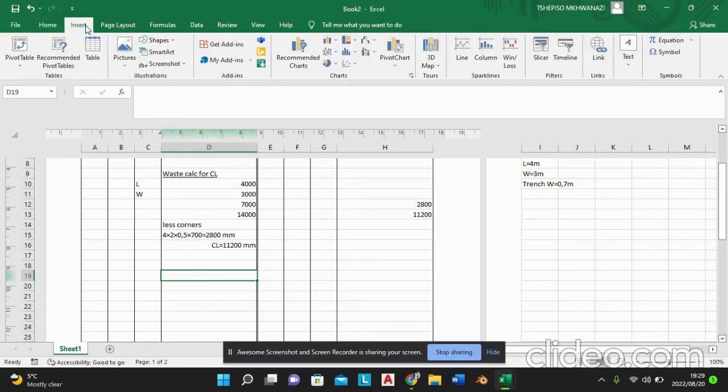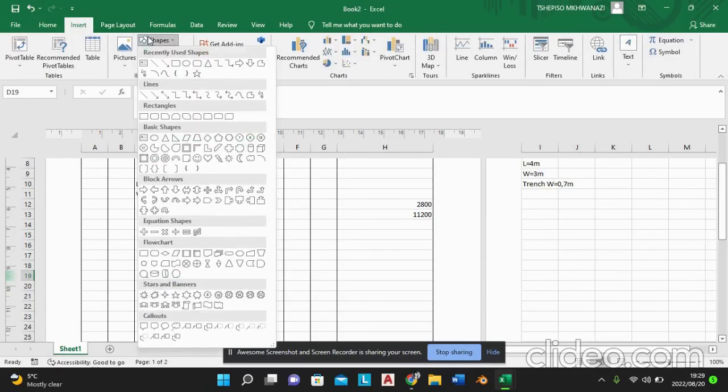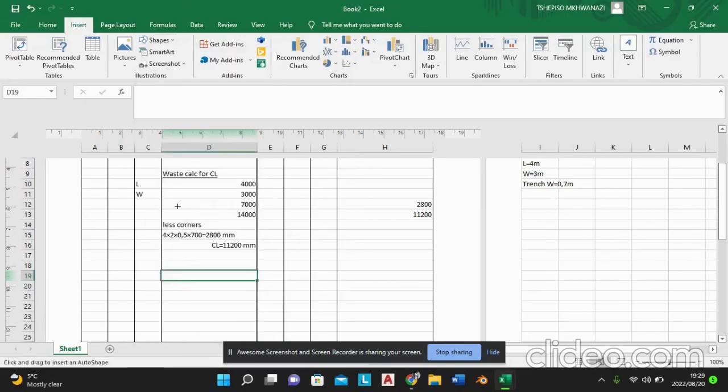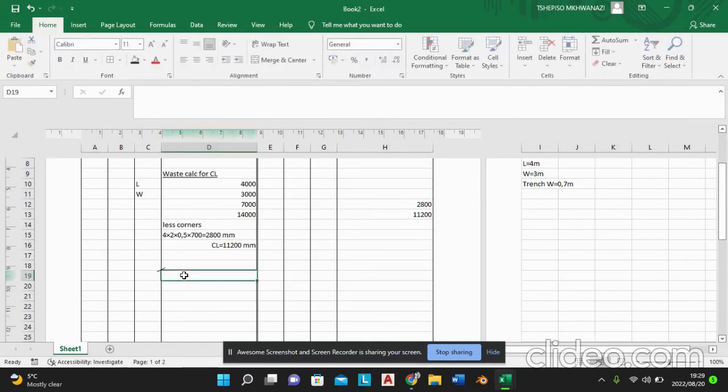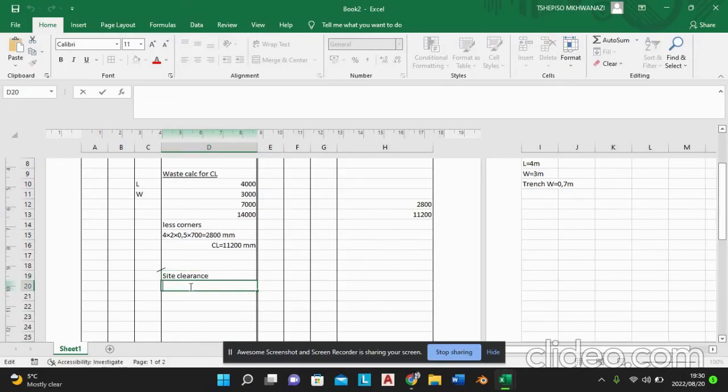Go to the insert tab, go under shapes, go to lines, and then draw our line. I'm going to use the black color. Then I come here in the right side, and let me write site clearance. And you have to write the description. I'm going to say here,